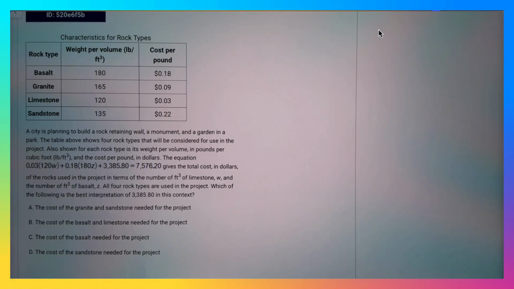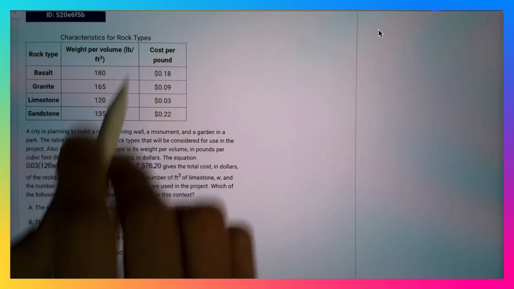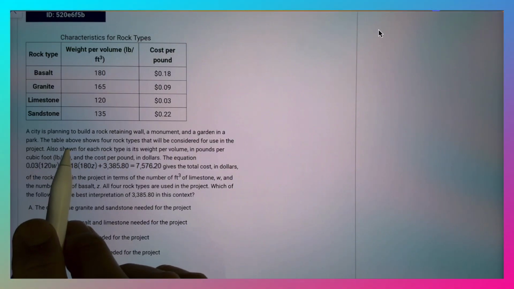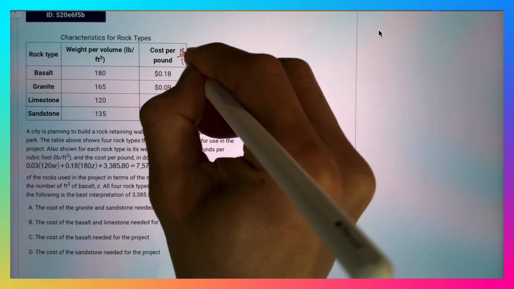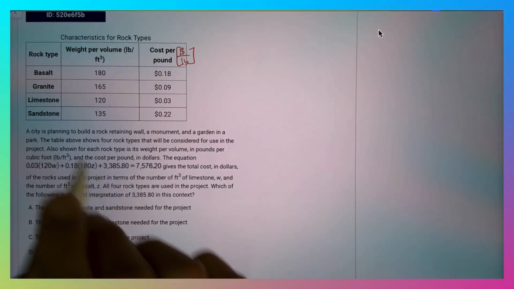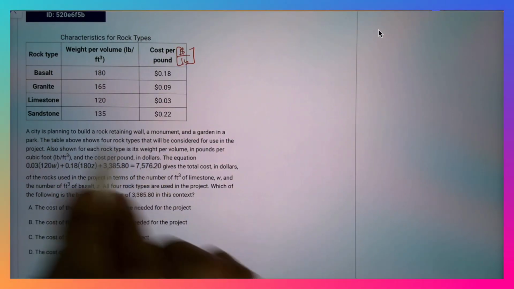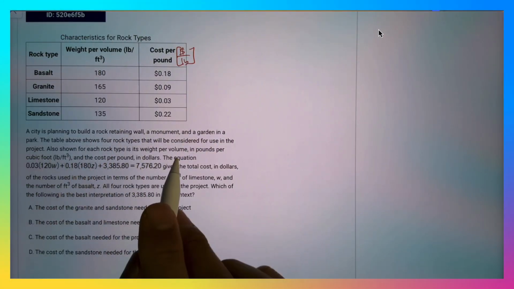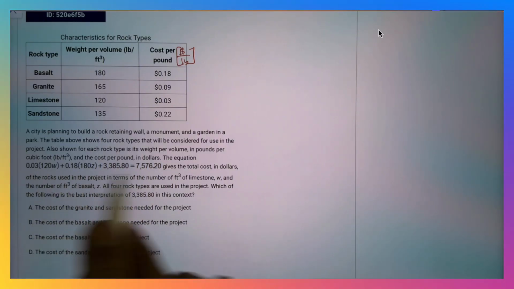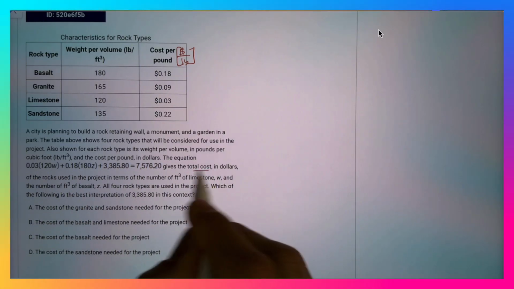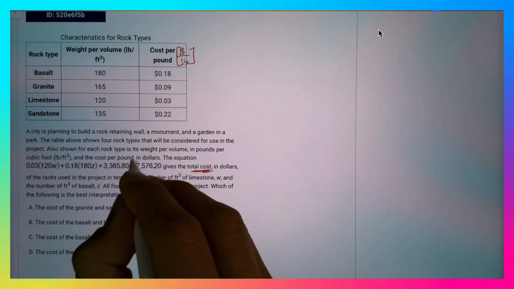So we have 4 kinds of rock types, and we got the weight per volume, pounds per cubic foot, cost per pound, so we have dollar per pound. Okay, so pretty much this describes the first few sentences until the equation. This represents the total cost. So I can put the dollar sign in front of